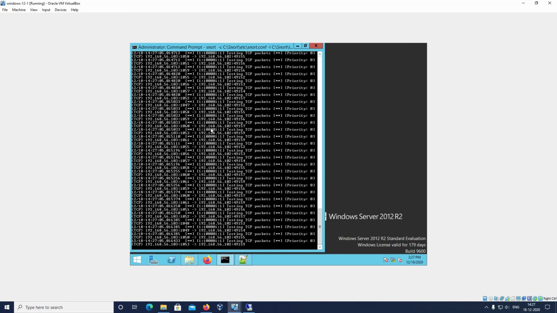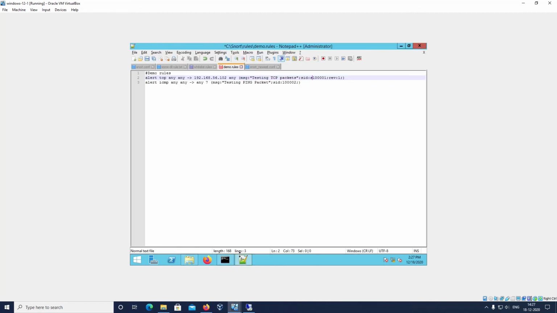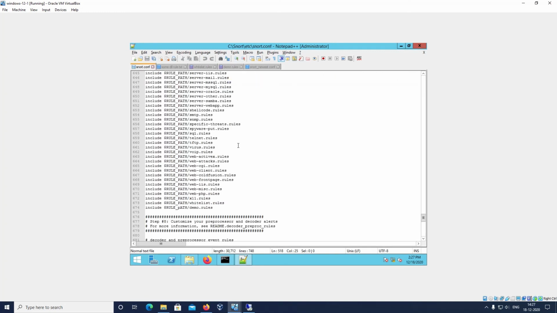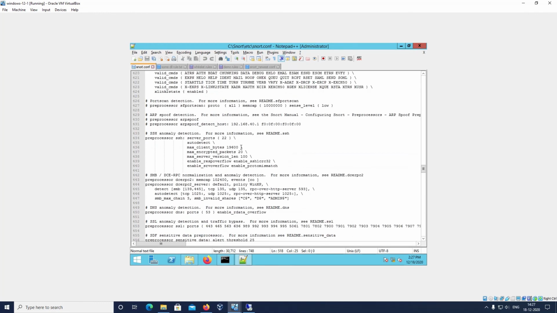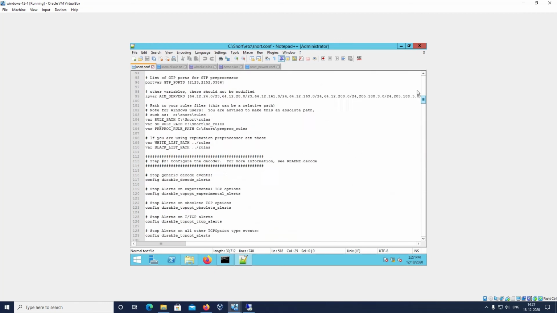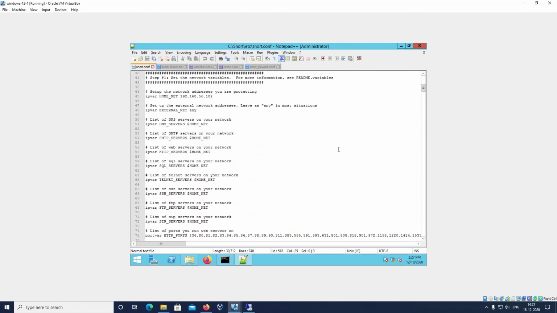Like this only we can write some alerts in our configuration file, and we can see the traffic generated within the network. In this particular case we have only given a single IP, not the overall network.